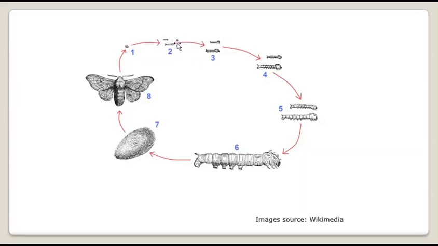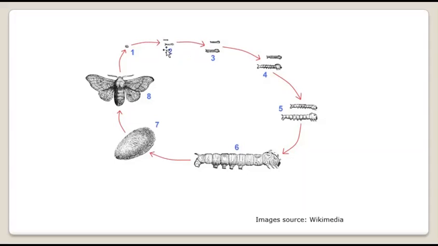Whatever cuticle is there, the larval skin, becomes a limiting factor. It grows from this to this, you can see, but after this it has to shed its old cuticle, its old skin. And when it sheds its old skin, then and only then can it grow further, otherwise not. So molting is very important.